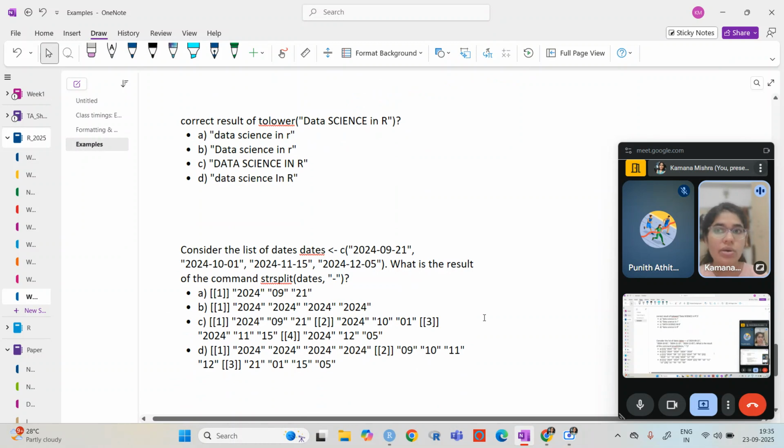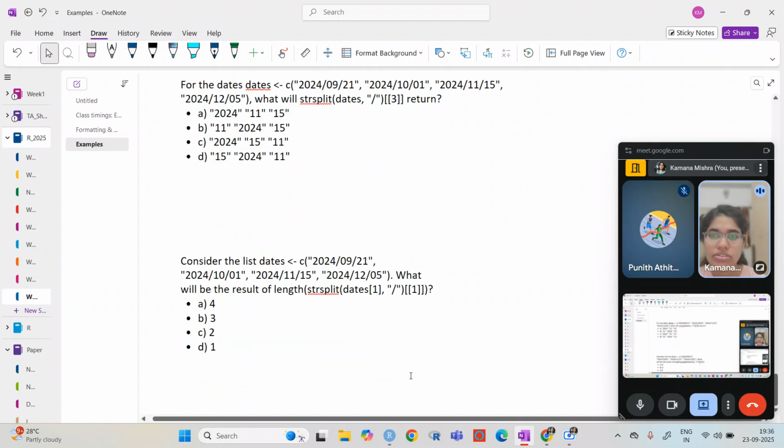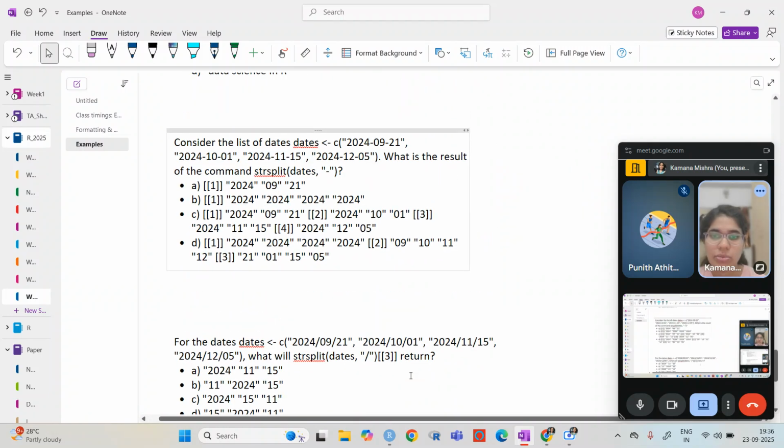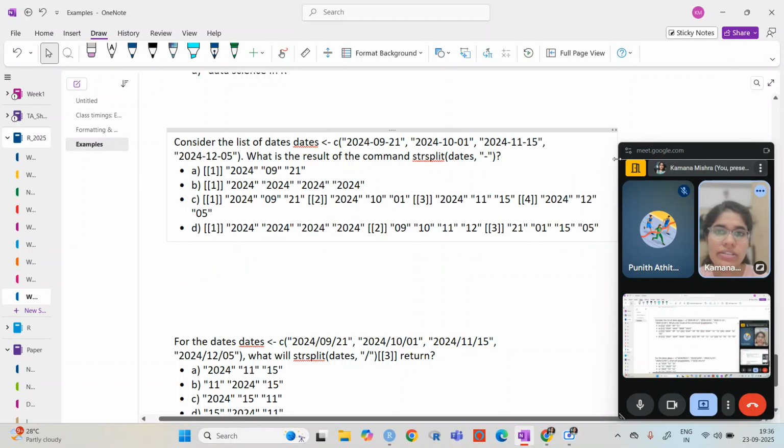So till now we have done toupper, so tolower. tolower is basically, as we have discussed, that whatever characters there are, all will be in lowercase. So that will be its answer. Now these are some questions you may work with. We have a list of dates. Let me do it like this firstly.